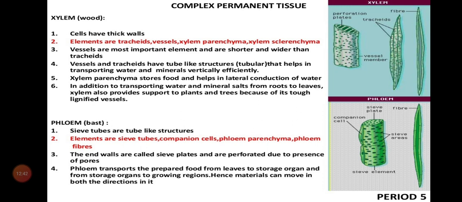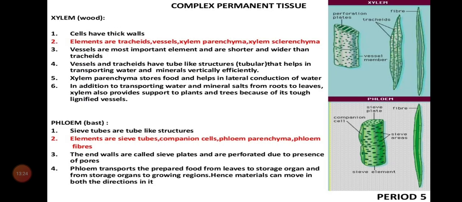And xylem vessels have lignin in their outer part. We know the cell wall is made up of cellulose, we have learned in lower classes. But apart from that, we can see lignin, another chemical substance, in the vessels. So the vessels are lignified, so there won't be any leakage of water from the vessels. It will directly give water to the needed areas only. Why? Because the vessels are lignified. They are sealed with a complex chemical called lignin. Is that clear, children?